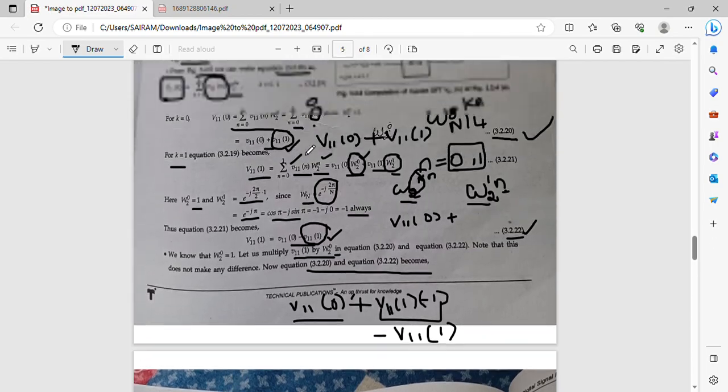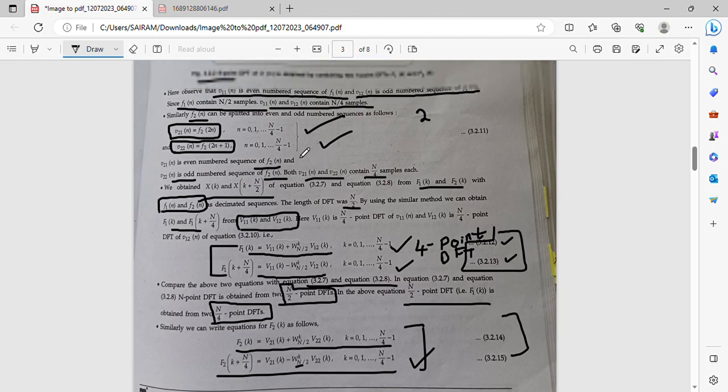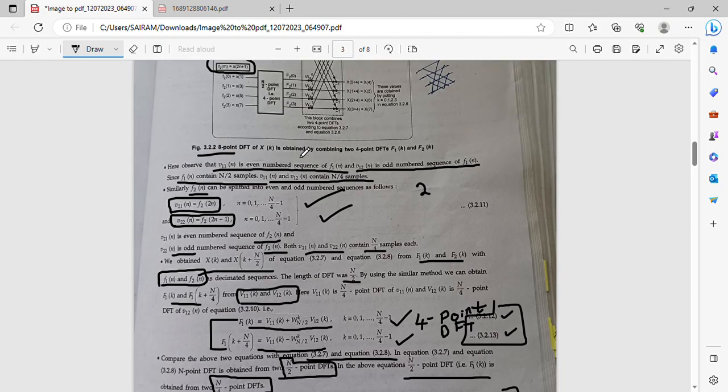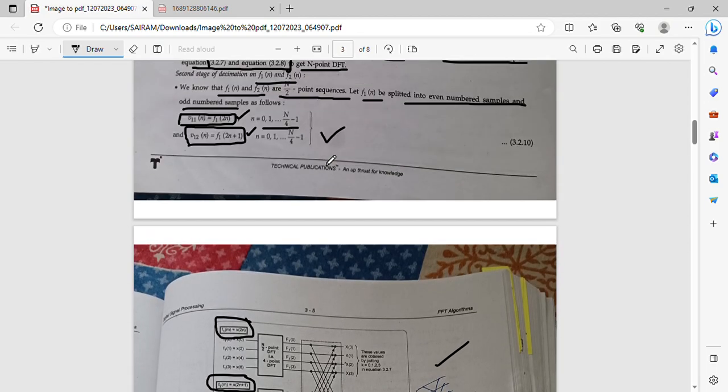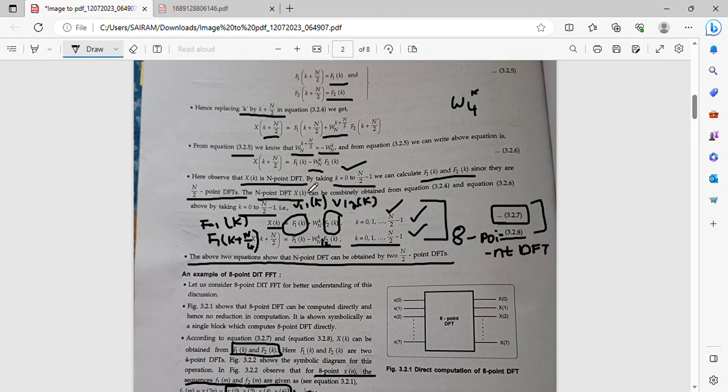And I hope you now know how to find it. I've told you each and everything in detail, with respect to this particular one. How v11 of n came, I've explained everything clearly. So I guess you can understand that, and I am going to make a list of equations, right? Which equation to use to find the 8-point DFT, which equation to use to find the 4-point DFT, which equation to use to find the 2-point DFT, I'll tell you. I'll just make a list of the equations, and in the next session we are going to have